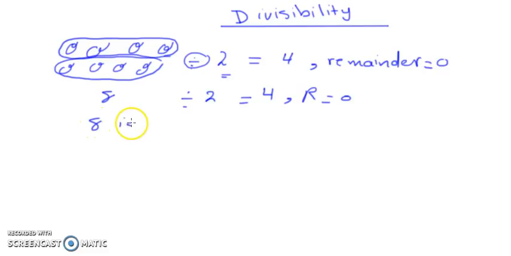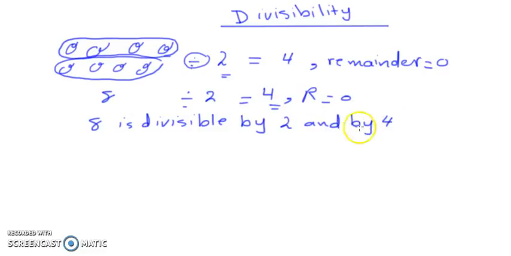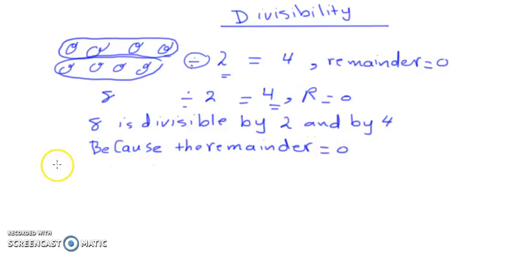So we say that 8 is divisible by 2, and also by 4. This is because the remainder equals 0. Also, another example: if we divide 48 by 8, it equals 6, and the